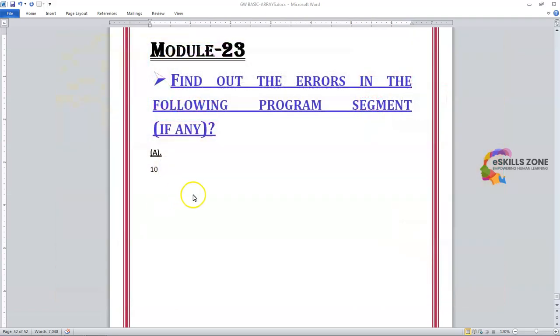Today in this video we'll discuss how to find out the errors in the following program segment, if any. So first of all, we write down the segment of a program which contains some error, and we need to identify and